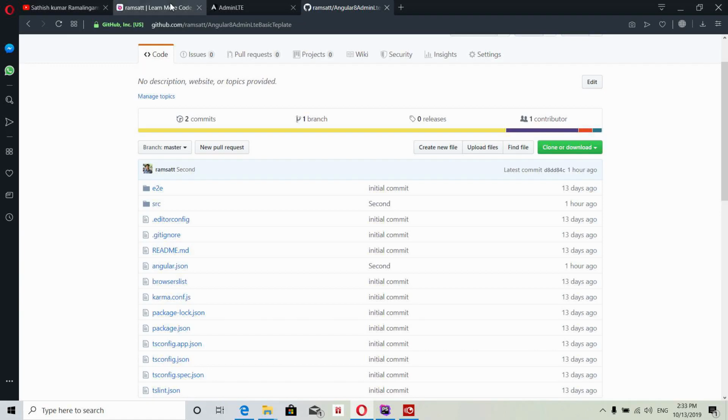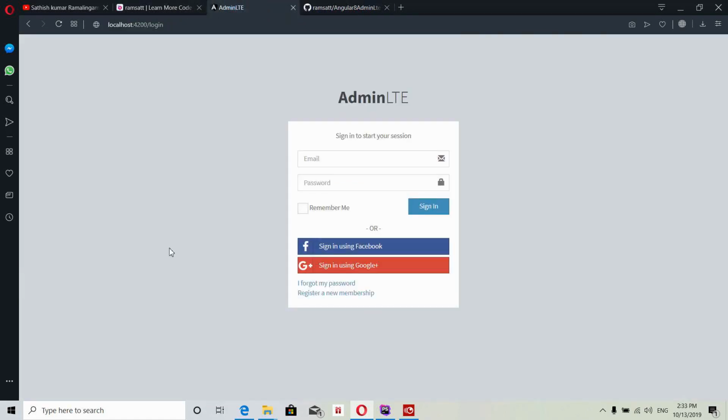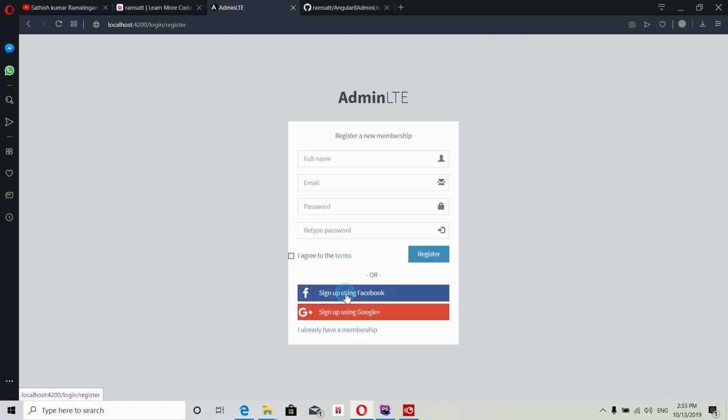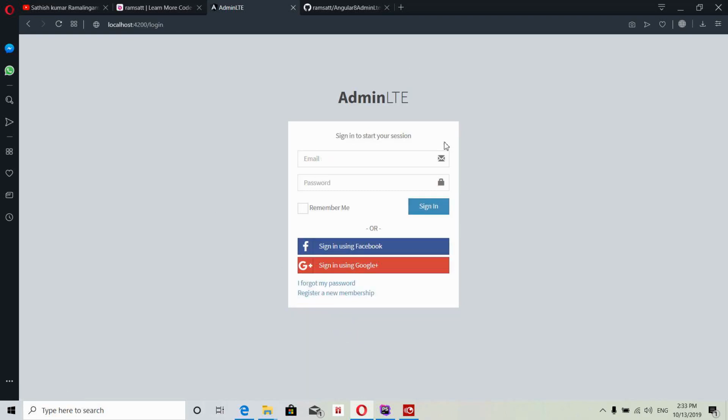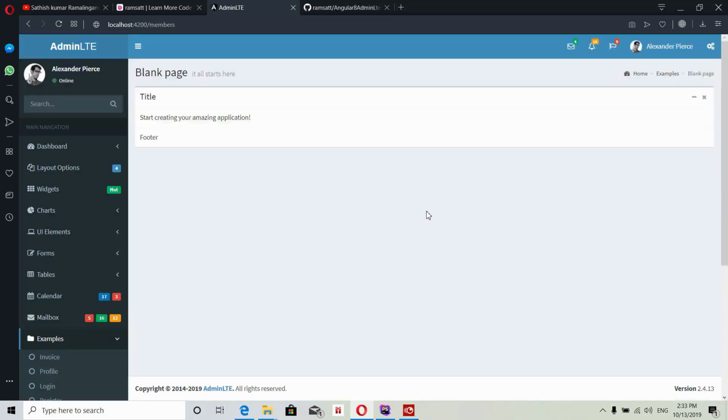Now I'm going to show the demo first. This is my login page. If I want to go to register, I click the register button, and it leads to my register page. Or else I go to sign in, which is my login page again. Once I have entered a username and password and click sign in, it leads to my members dashboard page. I don't have any username or password validation here. I just redirect the route when clicking the sign in button.